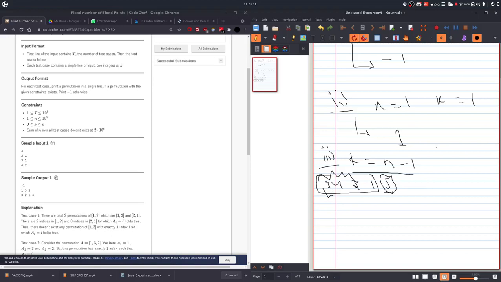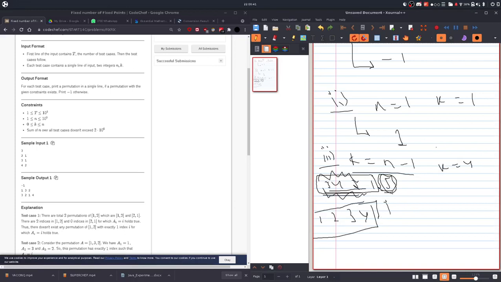So there won't be any way where k will be equal to n minus 1, because if these are all sorted, which means they are all equal at their own places, then the last place will also be equal to its own place. If they are all equal, let's say 1, 2, 3, 4, till then they are all equal